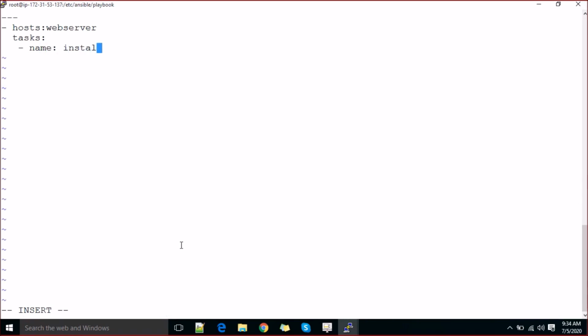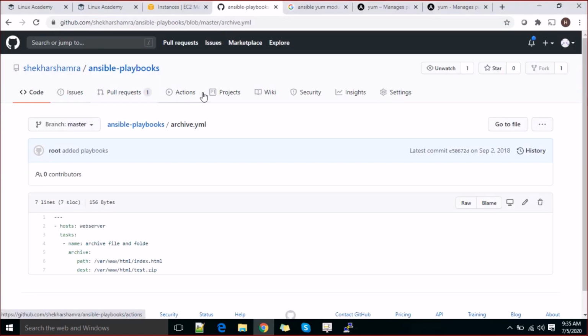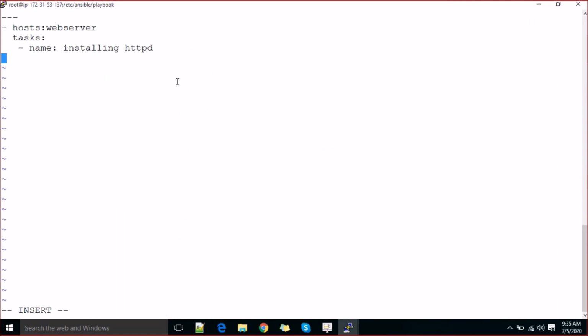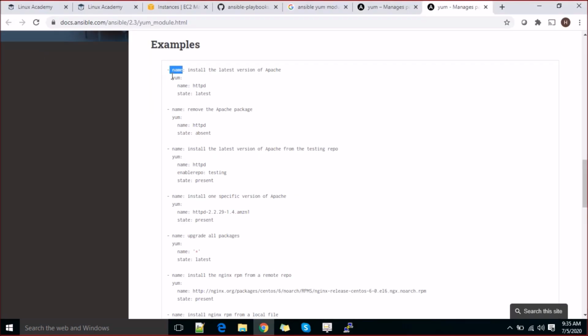Let's say I will call it installing httpd, right? Spaces and these things are very necessary here, right? So all those things will come with practice. Now you have given the name, okay, I'm doing this. Now you need to write the task, right? When we talk about writing the task, what you are going to do, you have to write the module below the name section as it is here, right? That's what we are saying, name is